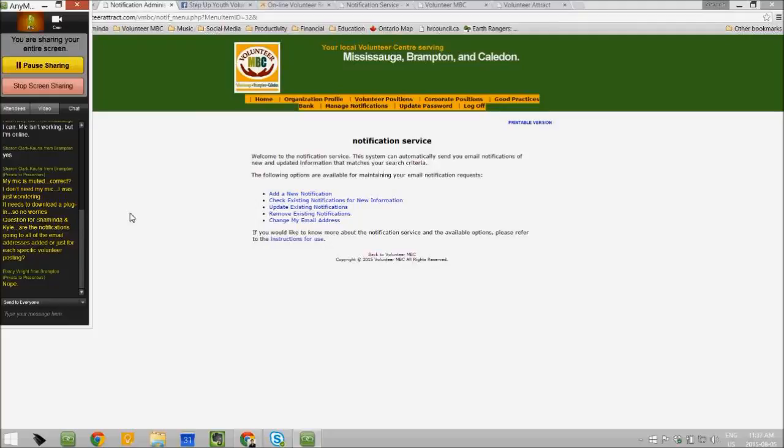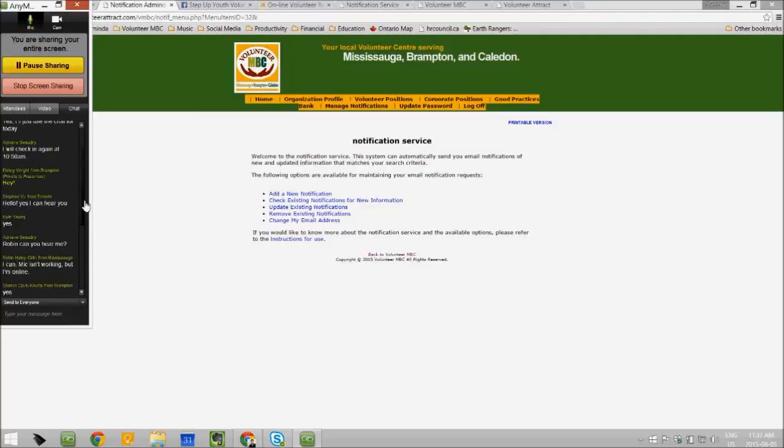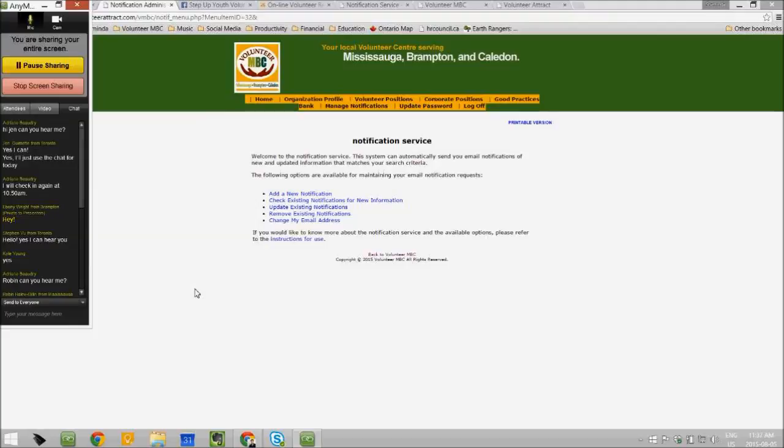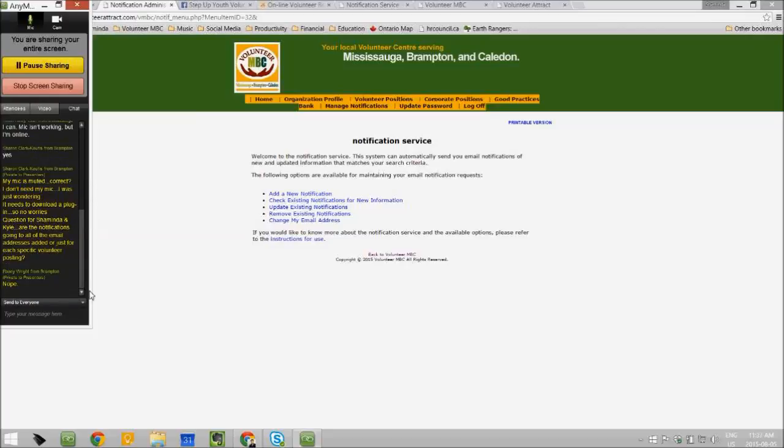So when Shaminda was showing us that second list there to add multiple people in, that one will send those notifications to all the people in the list. And the first email address, when he was going in just to create a new one, actually filters notifications. So it would only send volunteer positions that are published or applicants that are published for people that have positions with that email address as the contact.